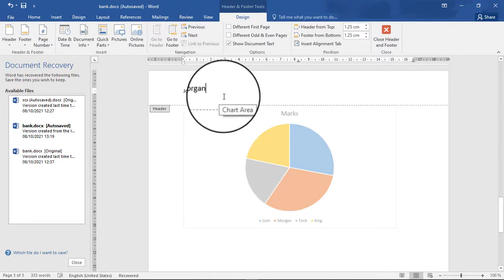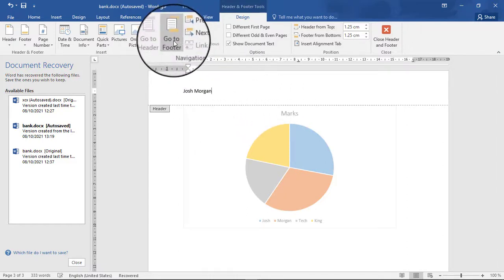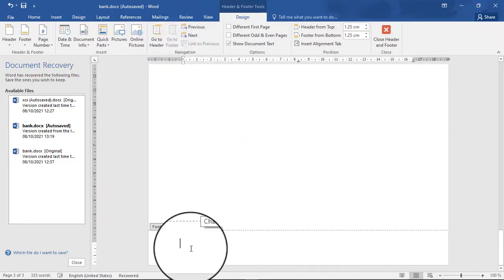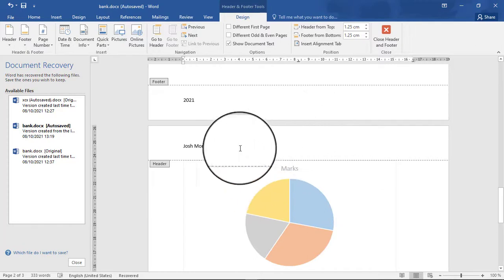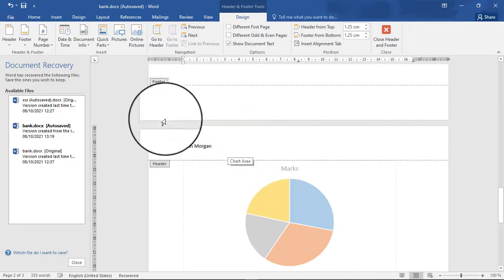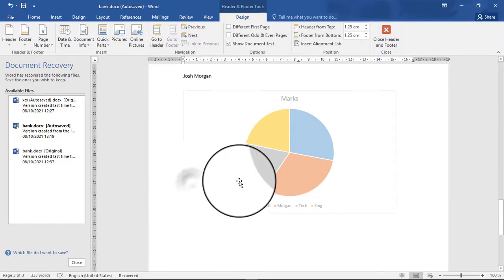If you want to edit even the footer, you just have to go to footer, then at the footer you insert there what you want to insert there. So going back to our work, moving from the header and footer, you just have to double click inside the work, then you go back to your work.